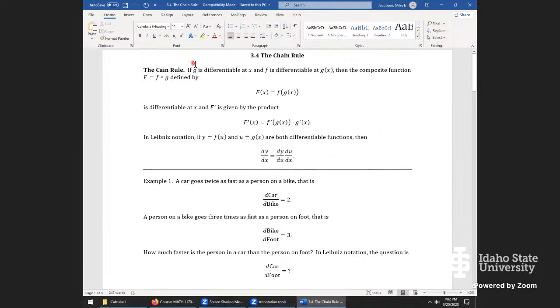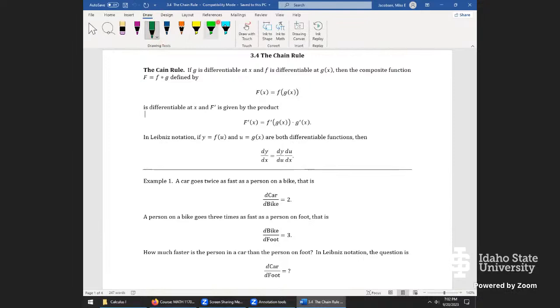So here's the idea. It says if you have a differentiable function g at x, so here it is, g of x, that's a differentiable function, but if f is also differentiable at g of x itself, the composition going this way, f of g, redefined in this way, is also differentiable, and it's given in this way. The derivative of f at x, well, first let's organize this really carefully. There's two functions here that we want to differentiate on this line where we see an f of x. We're going to be calling it f prime at x. And the first thing that happens is